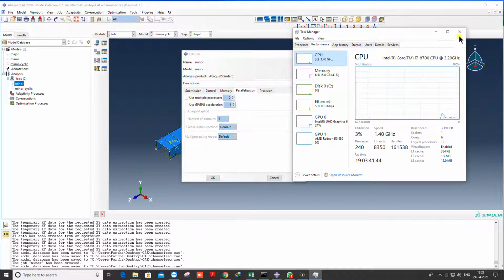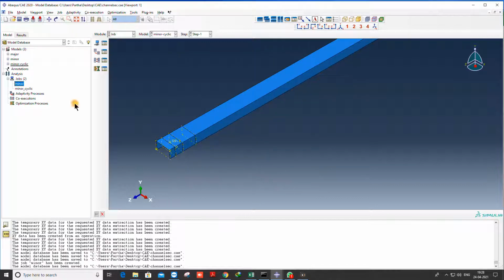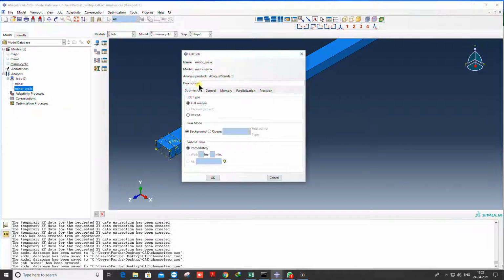For me it is 6 cores, so I am using 6 cores. It will basically speed up your analysis. Presently I will not take it. Whatever number of cores you have, you can use. For example, see, this one is for minor cyclic. It will show you the name for which the job has been created.